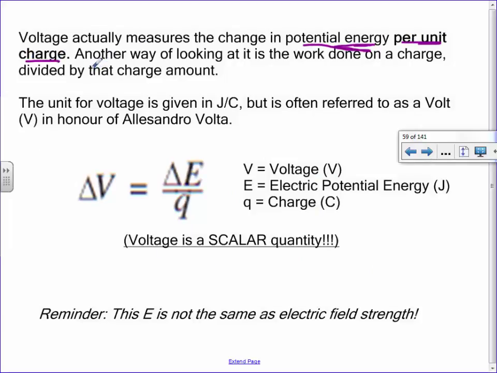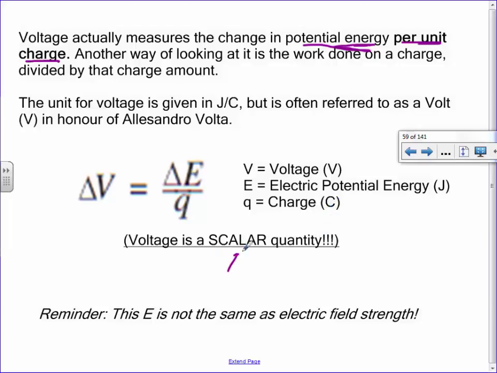Does that make sense? So here's our next formula. The amount of voltage you have is how much energy change can occur. Now remember, this is an E without the little line on top. If it had the line on top, it would be field strength. Since it doesn't have the line on top, it's now energy. So your voltage is how much energy change you have, but you have to divide by how much charge the object that moved was, right? Because if it's got 1 Coulomb or 10 coulombs, it makes a difference.